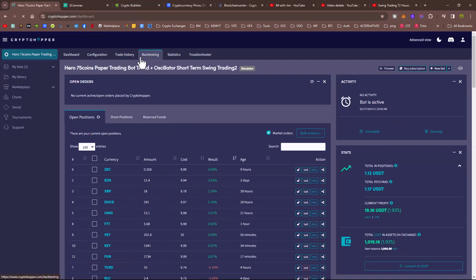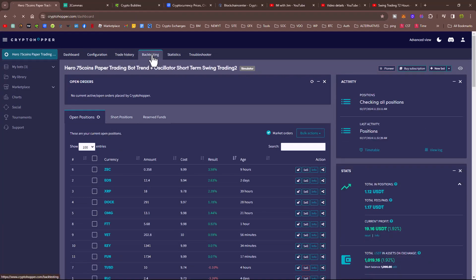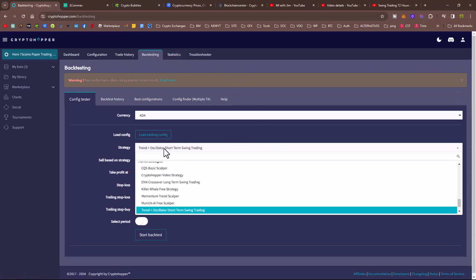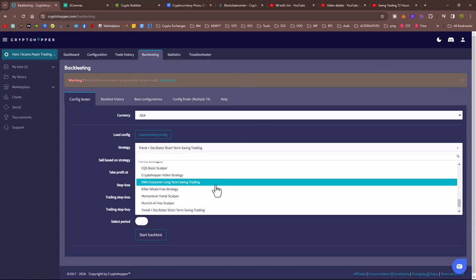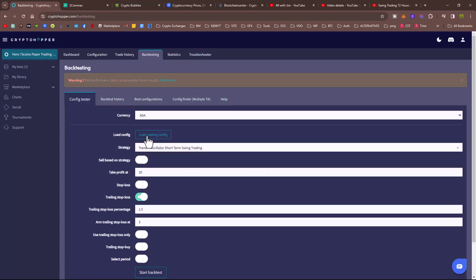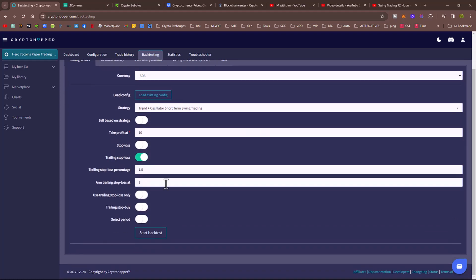And then let's go to the backtesting tab up here. And let's choose the strategy here. So EMA crossover long-term swing trading. Alright, and then we go load existing. Well, that's wrong actually, because